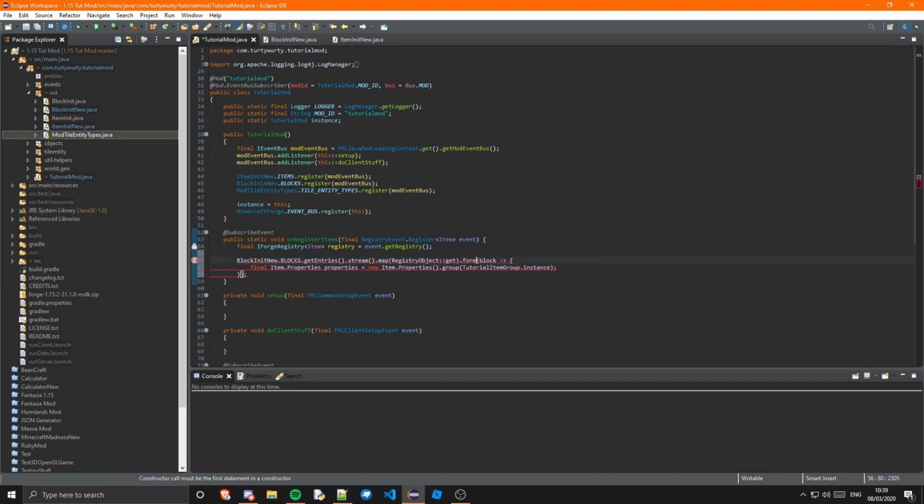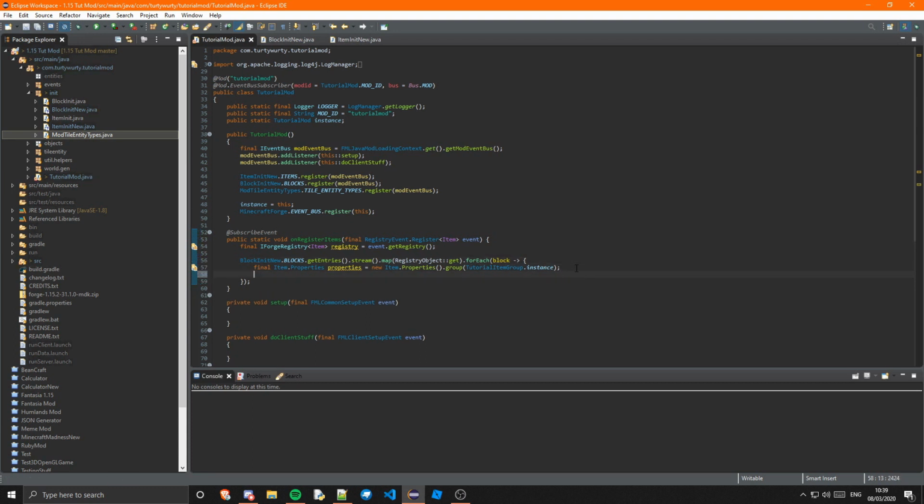I didn't put for each, I just put for, which obviously isn't going to work. There we go. And then we can create the final item block, or block item as it is named in this version. That's going to just call that block item, and that is going to equal a new block item, and that's going to take in the block and properties,